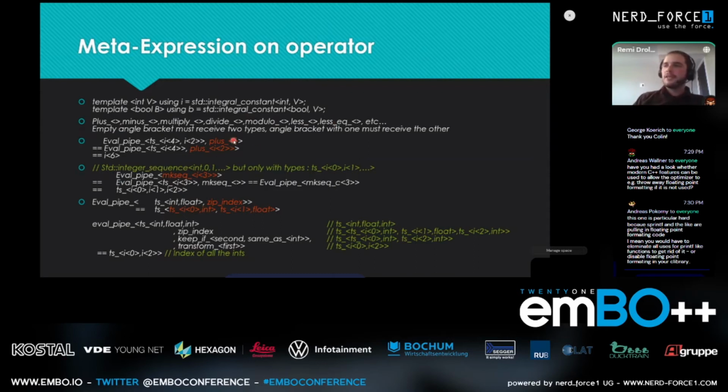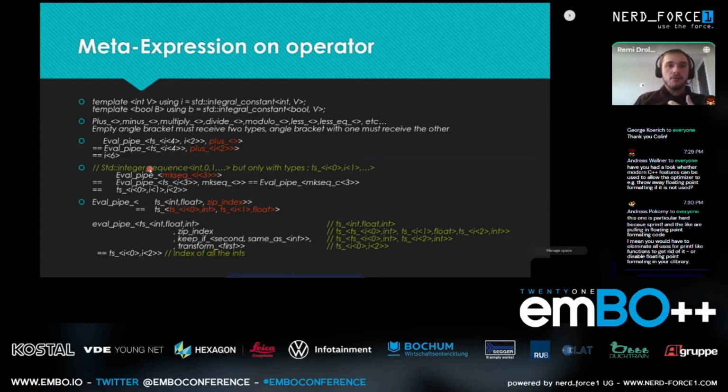If there's nothing inside the plus, inside the meta function, the bracket, it will receive two inputs and do the thing, which is in this case plus, in order. But if you only put one type inside of plus, it will accept one input basically. So it will say TS E4 plus E2 is equal to E6, obviously. And in the case of E4, E2, you plus them, and then again it's E6. No, not E. Sorry, it's my French. I.